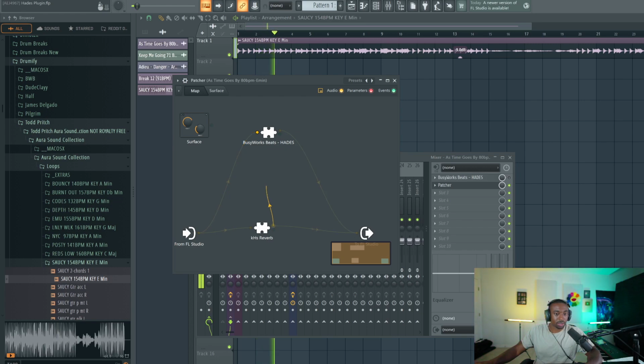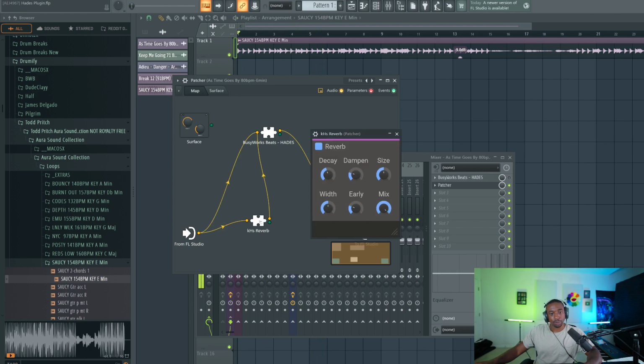I can even have the reverb signal go through Hades. Instead of going out, we can right click to disable the output. So really, I should be just going straight in unless I have a different chain here. But technically speaking, this would be the equivalent of just having reverb before Hades. Okay, but we lose some of the strength of the signal, so let's send the original through. We could also mess with the mix level to pull that back, but anyhow, that's the reverb.